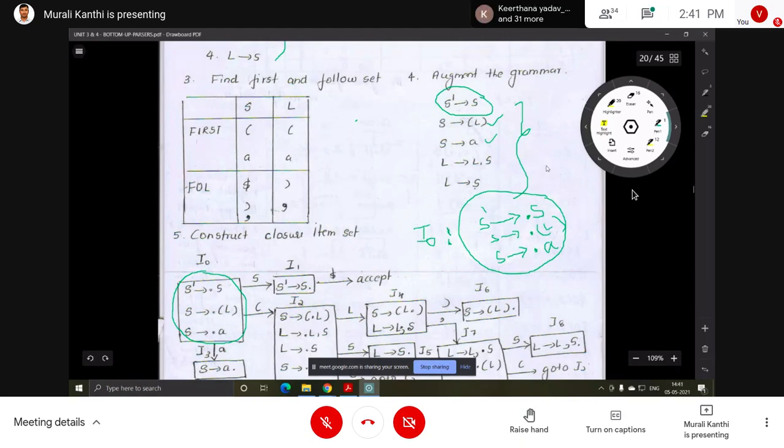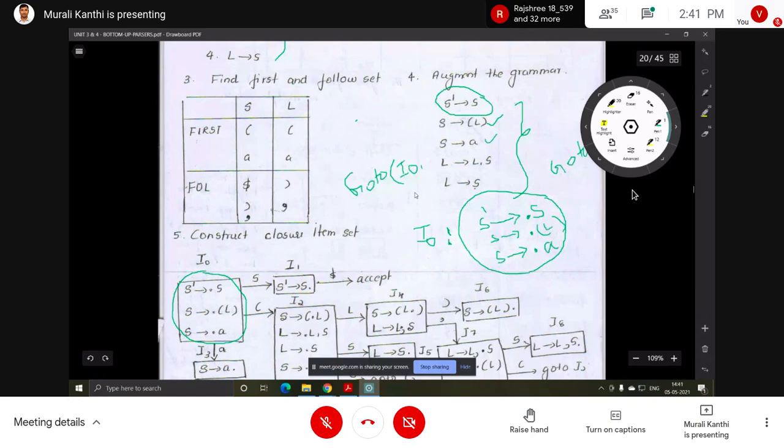So next apply the goto function. After applying the goto function, the dot will be shifted by one symbol. So goto of I0 comma what? How many goto functions we will get from this I0, that we have to look at.